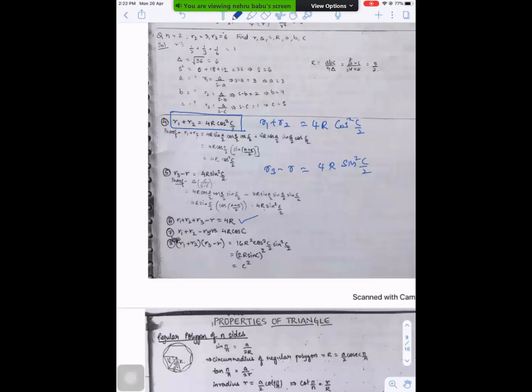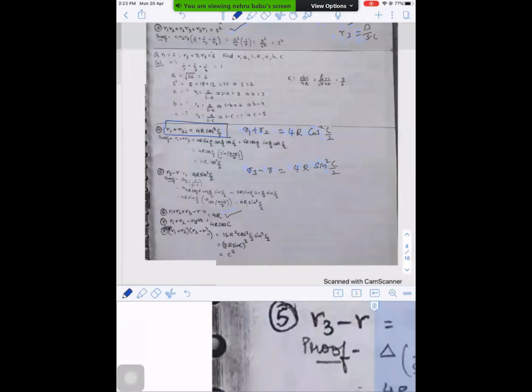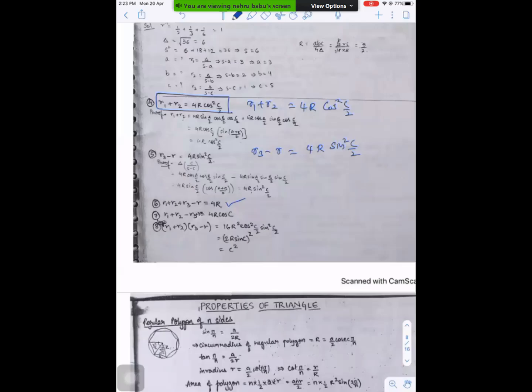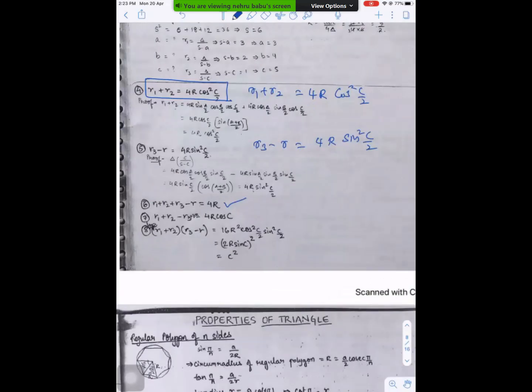If you already noted, it's fine. If you didn't note that, please write it. With the help of the sixth formula, directly you can find the circumradius. No doubt, by finding ABC we can do all. But why we are discussing this is, without finding ABC, just by using small r1, r2, r3, how to write capital R. Because in multi answers, this is useful for us. So R1 plus R2 plus R3 minus R equal to 4 into capital R. This is for circumradius.